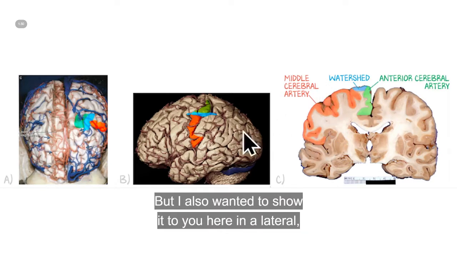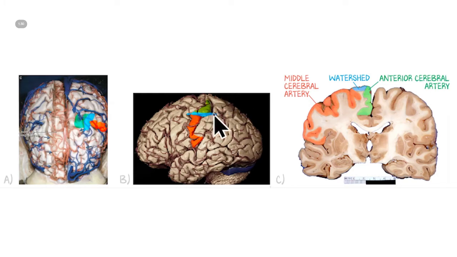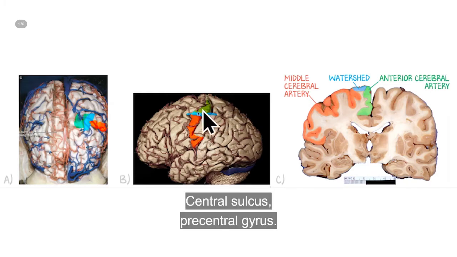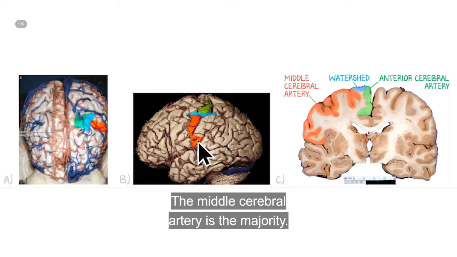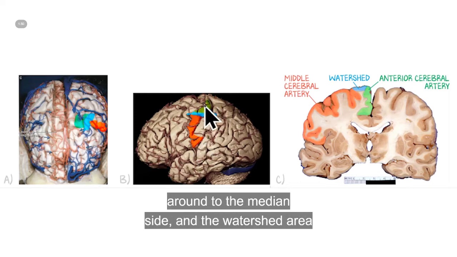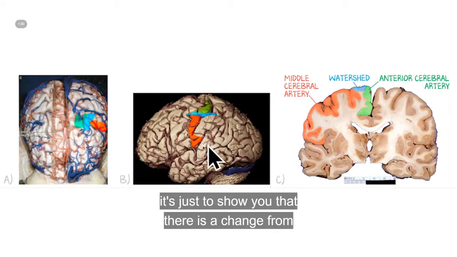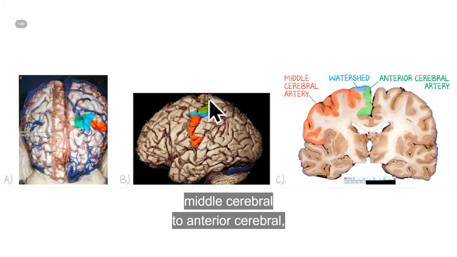But I also wanted to show it to you if you're in a lateral view. This is the frontal lobe, temporal lobe here, occipital lobe. Central sulcus, precentral gyrus. The middle cerebral artery is the majority. The anterior cerebral artery is a little bit, you can't see it, of course, because it slips around to the median side, and the watershed area is sort of nebulously formed. This is not placed very specifically. It's just to show you that there is a change from middle cerebral to anterior cerebral, and where that happens